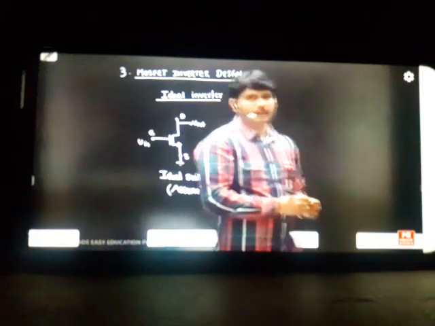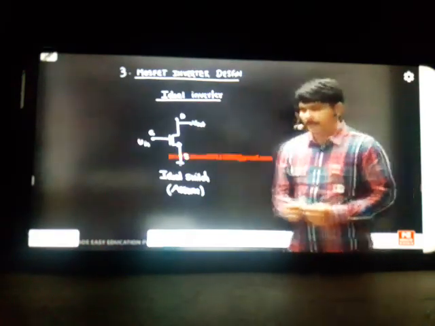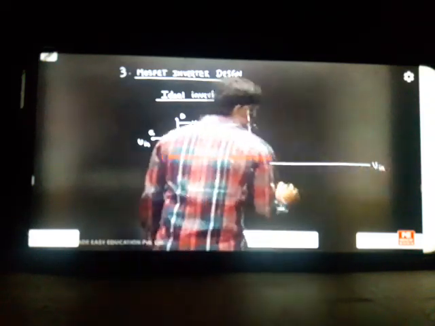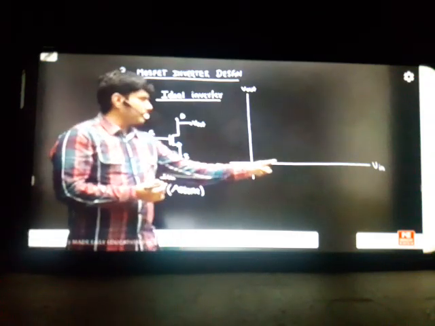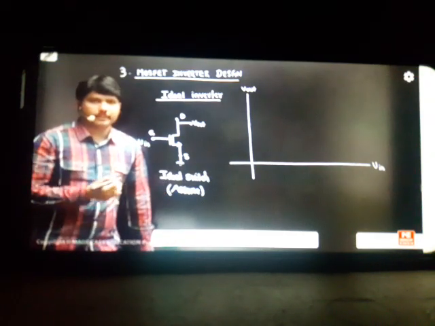If you are assuming that your MOSFET is behaving like an ideal switch, let us see how the graph we can expect. This is your input, this is your output. This is called the transfer characteristic graph for your MOSFET. Input on the x-axis, output on the y-axis. We are changing the input of the switch and verifying the output response. That's called inverter switching.